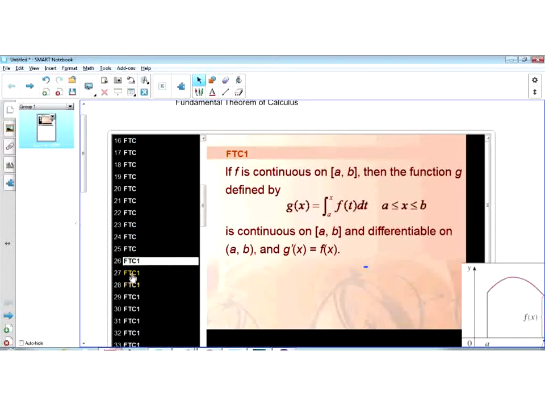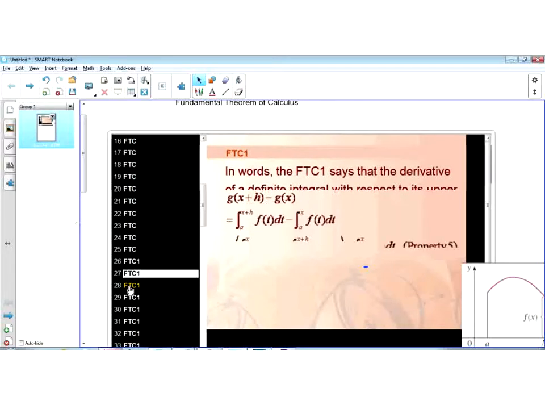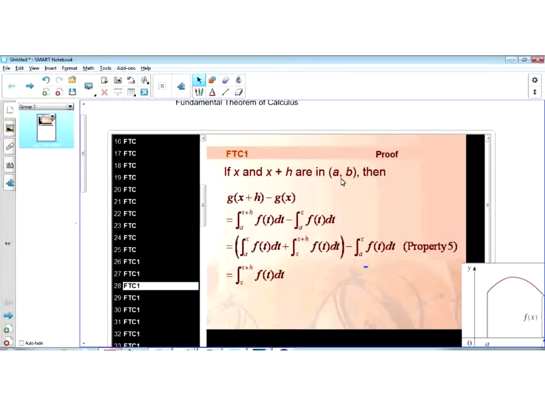All right. The FTC says that the derivative of a definite integral with respect to its upper limit is the integrand evaluated at the upper limit. All right. If x and x plus h are both in the open interval a to b, then g of x plus h minus g of x would be,